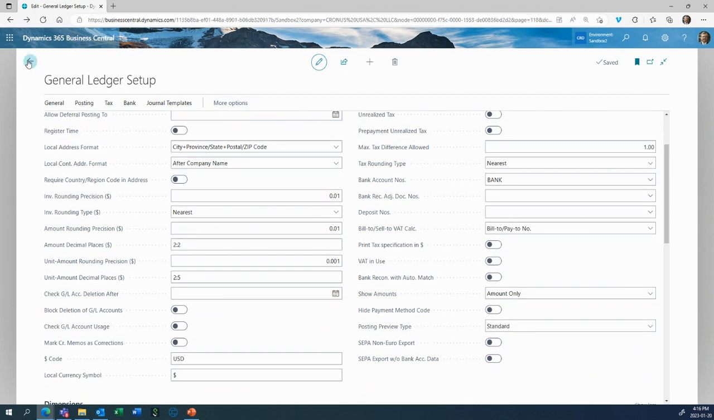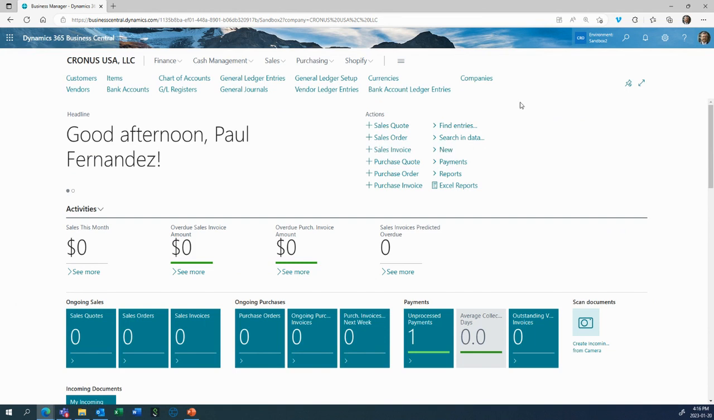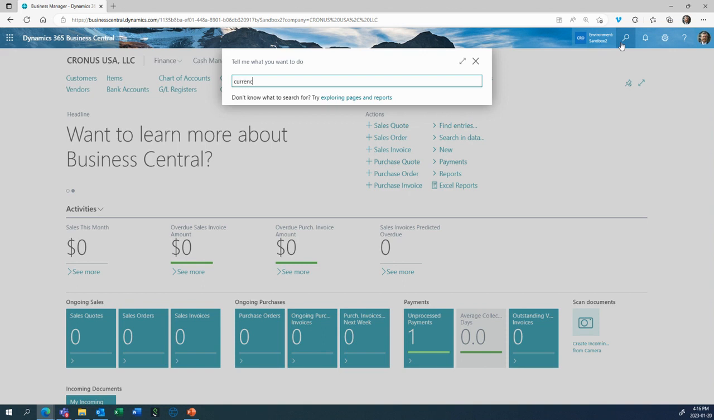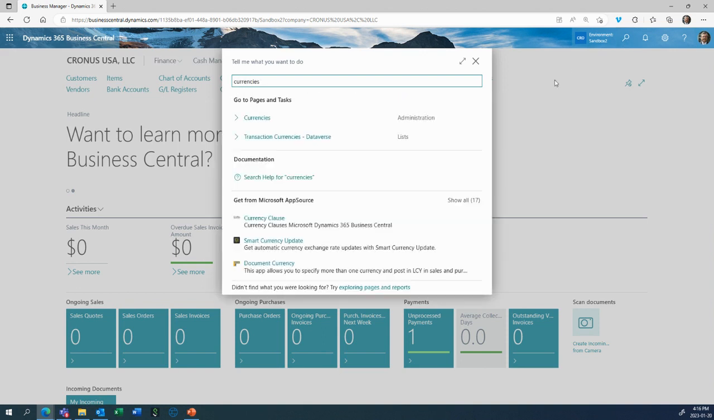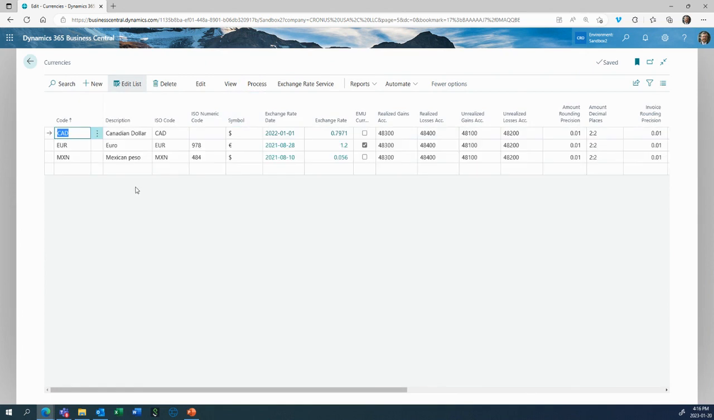And let's take a look at the currency cards. So currencies can be found if you search. I've got a shortcut, but if I don't, I can just search for currencies. And in this company, I've got 3. So the first thing to notice is that there is no US dollar currency set up because I'm in a US company where the local currency is US dollars. And the only place that you need to set that up is in the general ledger setup